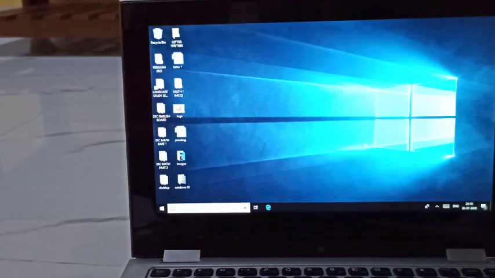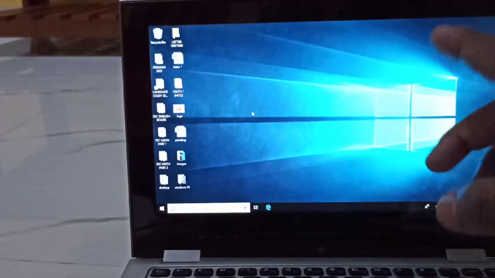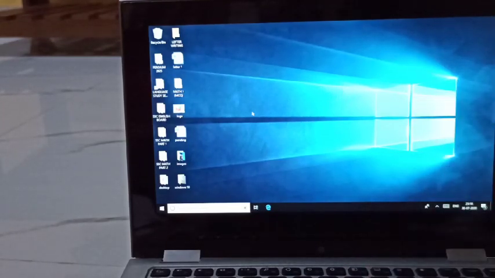Okay, now see here at the left hand side of this desktop, right now I am using Windows 10 operating system, and we had learned last year, when we go to the computer lab, which operating system we are using at that time. That was Windows 7. If you compare Windows 7 and Windows 10, what difference you see? This is Windows 10. It is more attractive than the Windows 7 operating system, right?